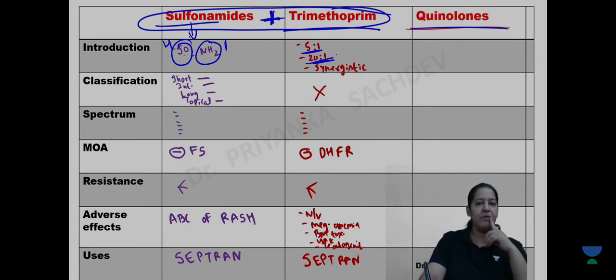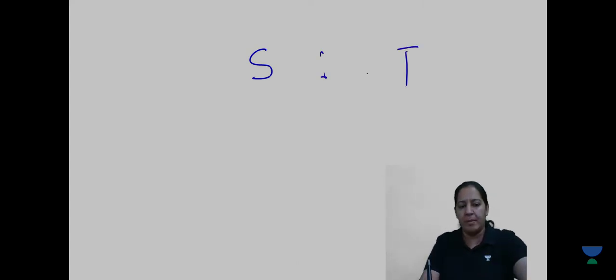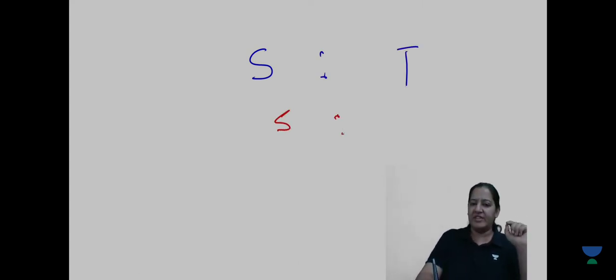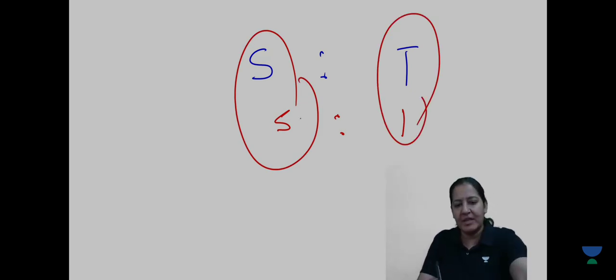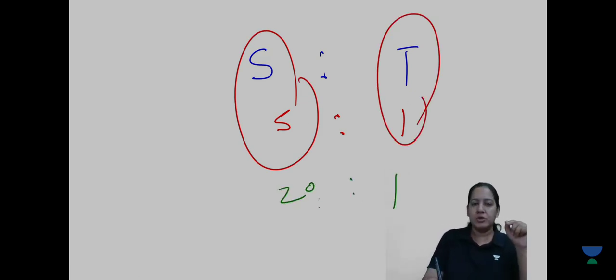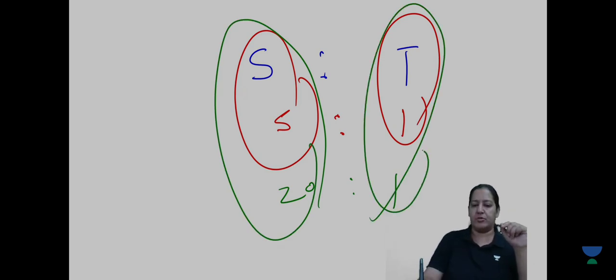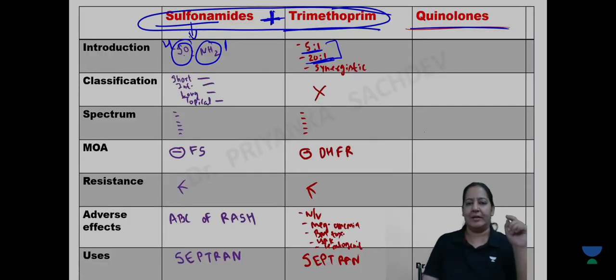What is the reason for this? Amar, what is the reason? The reason why the ratio is changing after going in the blood is the difference in volume of distribution of the two drugs, right? So always the more is sulfonamide. If I say sulfonamide to trimethoprim, in the tablet it is 5:1. So 5 is sulfonamide and 1 is trimethoprim. And after going in the body, it becomes 20:1. So 20 is sulfonamide and 1 is trimethoprim. You got my point?